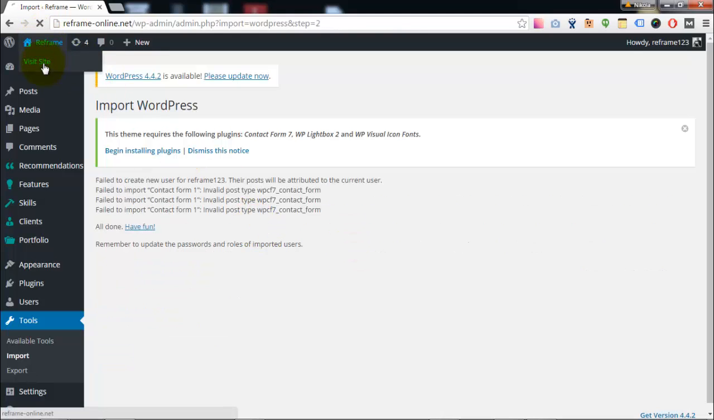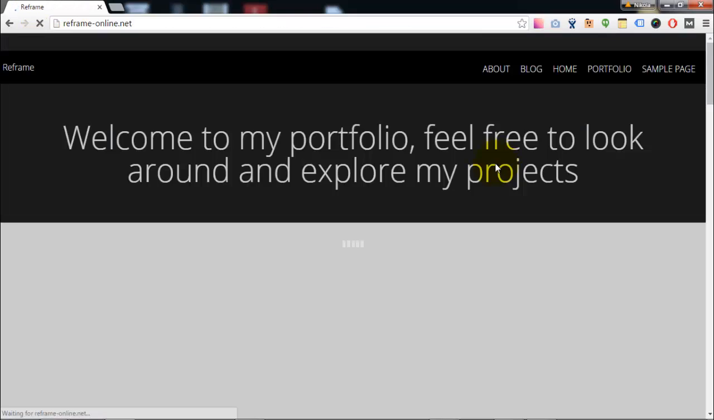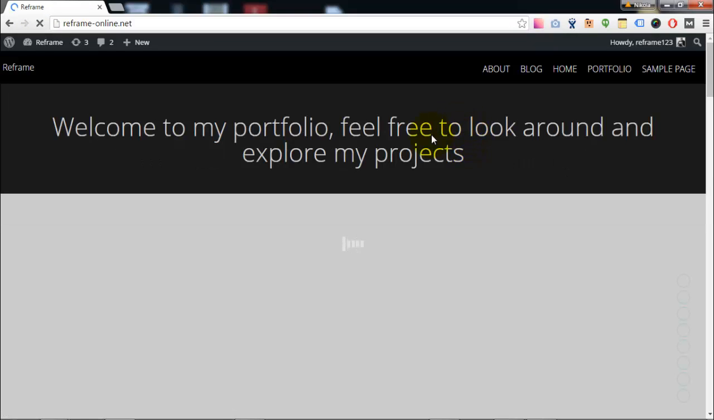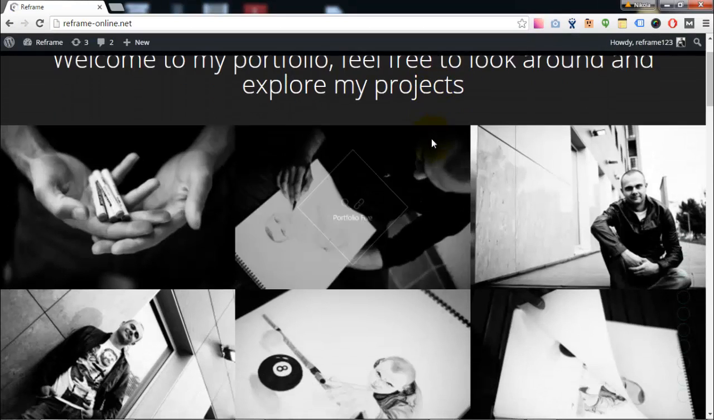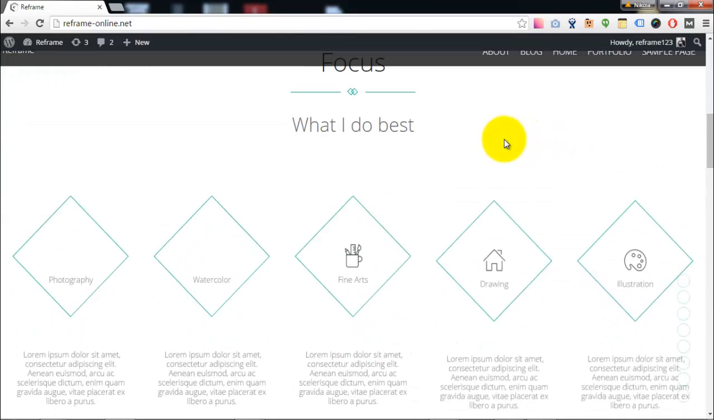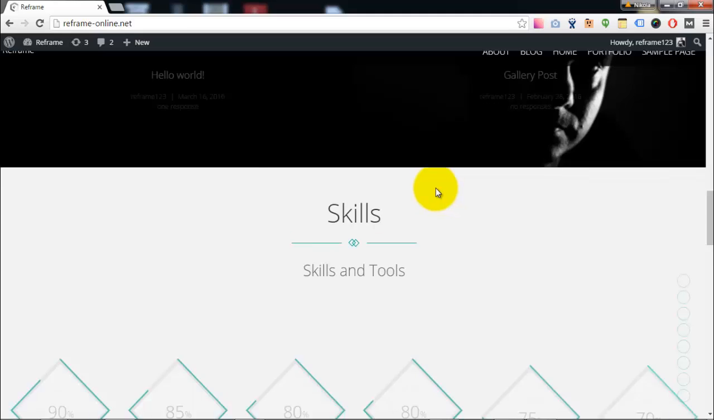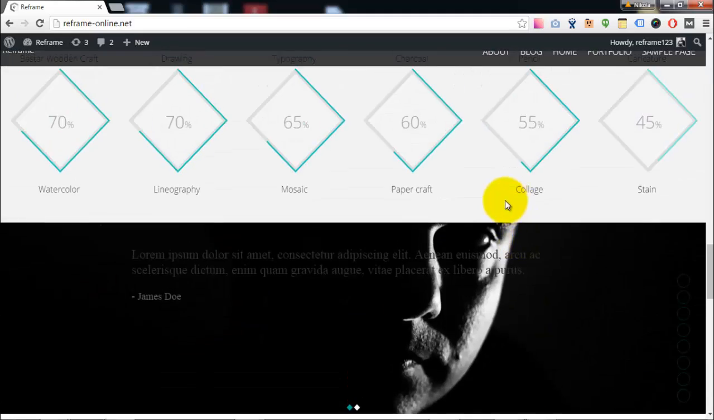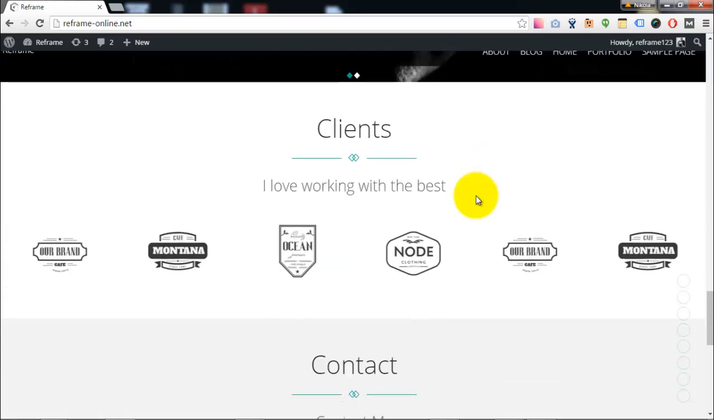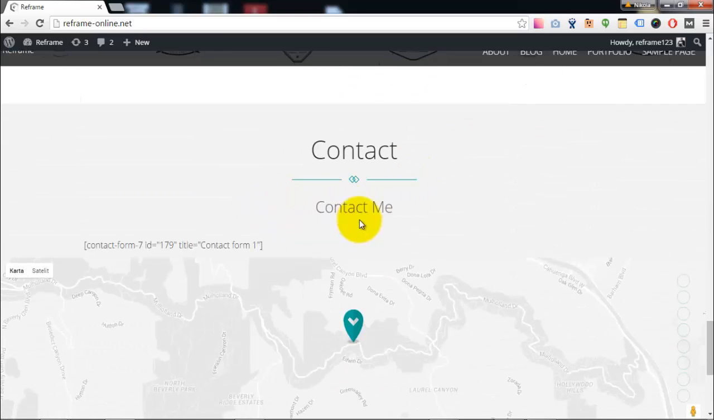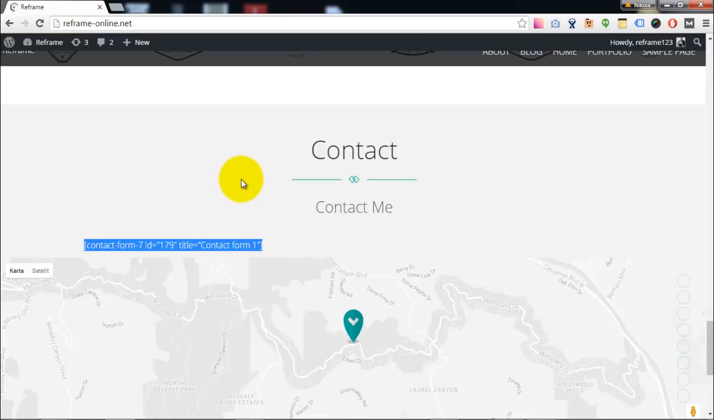Now we're going to go to our Reframe visit site and let's see how it's looking now. So you can see almost all of the data is completed. Not all of it, but almost. So we can see recommendations are fine, skills are fine, clients are fine, contact is not imported. So the next step, if we want to use the contact form, we need to install all of the used